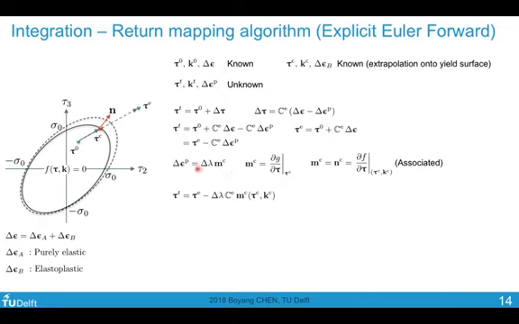We still need to calculate the delta lambda. We can use the formula that we obtained in the theory part to calculate delta lambda. Note that all these terms, like n and h, are evaluated at this position, which is known to us. Once we calculate delta lambda and m_c, we then can calculate tau t. So this tau t is the elastic predictor corrected by a plastic corrector.